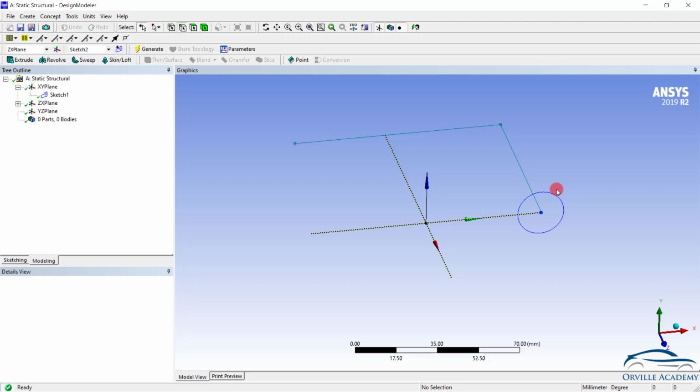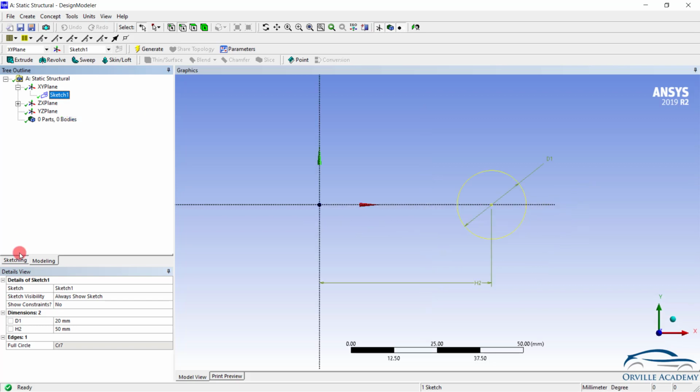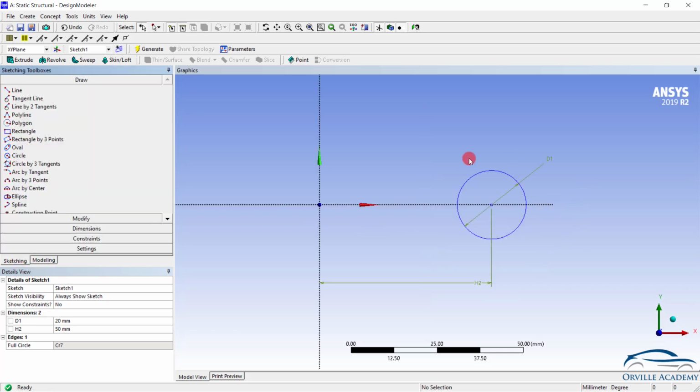From the sweep command itself, we can create springs also. So for the spring, we will require the mean diameter and the diameter of the wire. So using the sketch only, let me click on the sketch again. Let us say look at and go for sketching. Using this circle only, we have set the diameter of the wire for the spring. So here you can see the diameter is 20 mm. Let me reduce it a little bit. So let us say the diameter is going to be 15 mm and the mean effective diameter is going to be 50 mm.